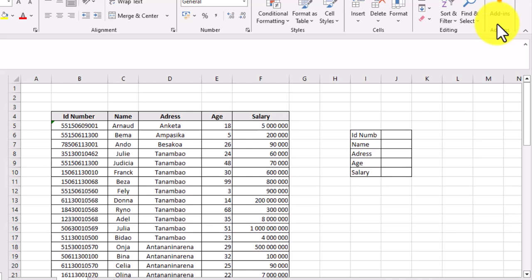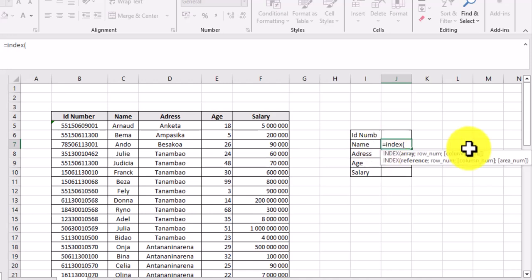As I mentioned, if we have more than one column, we should use the column number option, because in the formula of INDEX the column number is optional, so we use it when there is more than one column. So first we write our function,